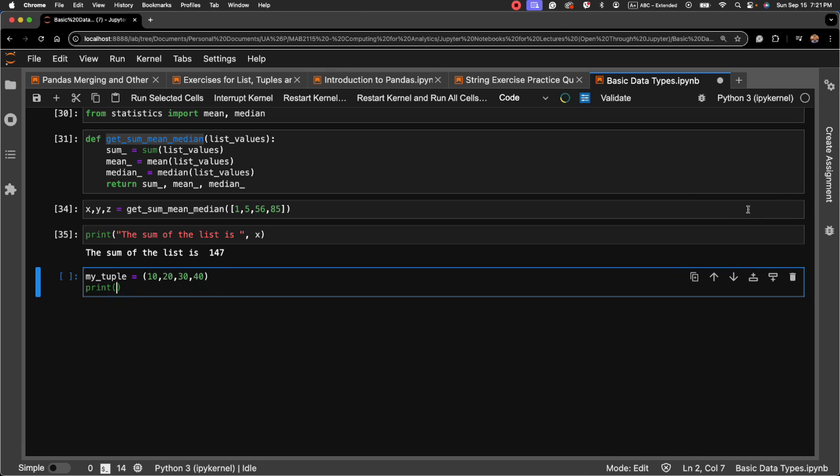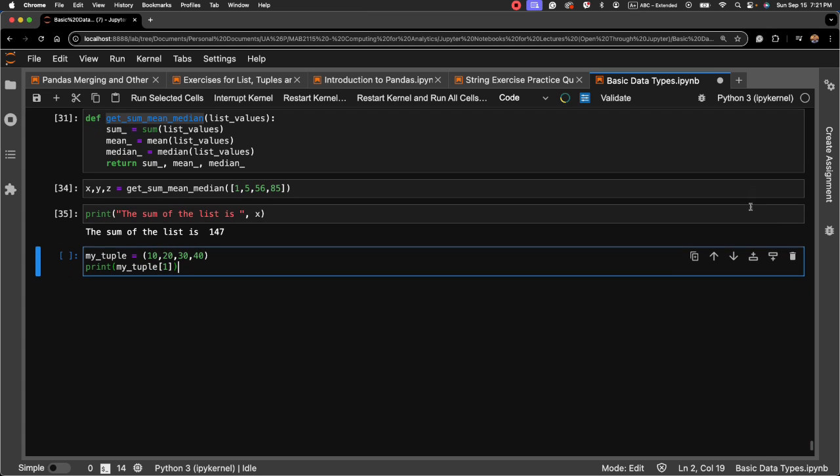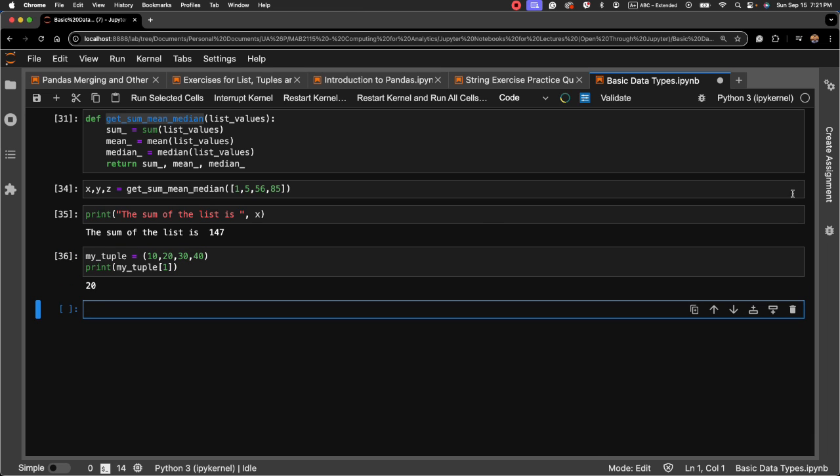So we will be getting the first index, or rather index 1. Sorry, the first index is index 0. So you should already be aware that the output will be 20. Right? Now, if you want to slice it as well, let's say for example from index 1 to index 3,